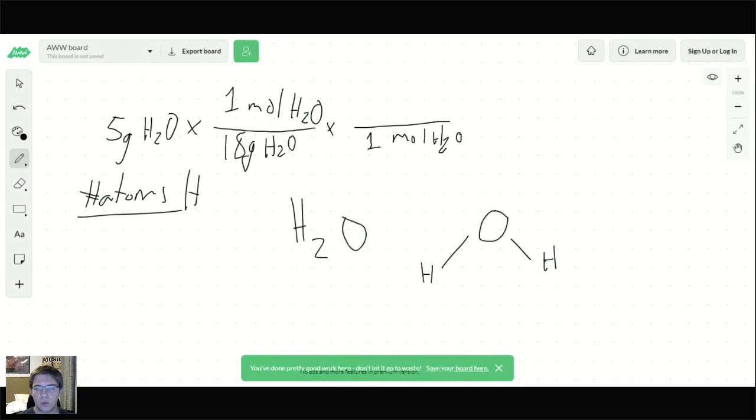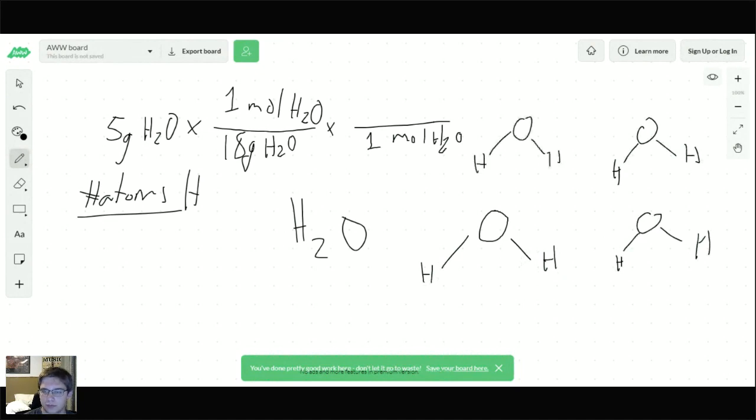So if we have 1 H2O, we have 2 hydrogens, right? 1, 2. If I ask how many hydrogens there are in 4 H2Os, you could draw that out. If you have 4 H2Os, you'll have double the amount of hydrogen. Right here we can see we have 4 H2Os, and so now we have 1, 2, 3, 4, 5, 6,